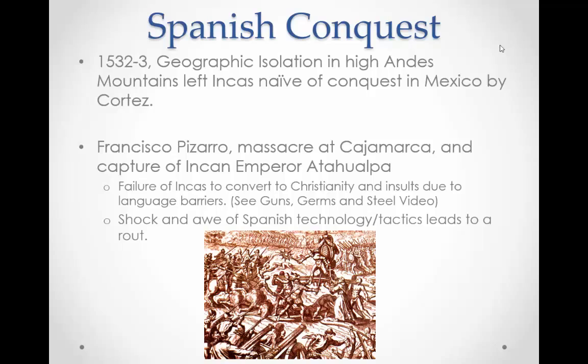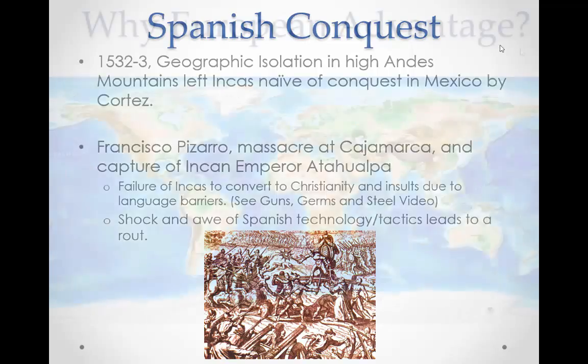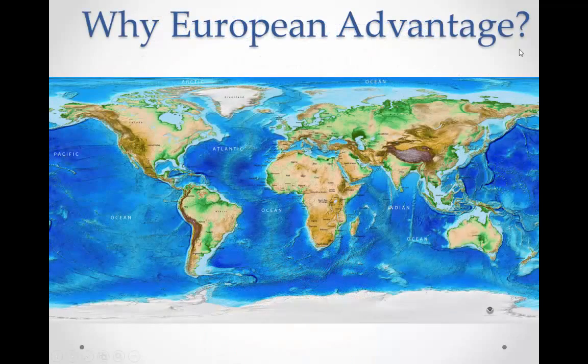But when it comes down to it, a small band of Spaniards came and conquered this group and captured the emperor, very similarly to Cortez, and were able to use the emperor to take control of the state as well, and also continue fighting with the allies that they had gotten on their way up to these higher areas in the Inca Empire. So the question becomes, why did the Europeans have such a tremendous advantage in comparison to the Native Americans at the time of conquest?